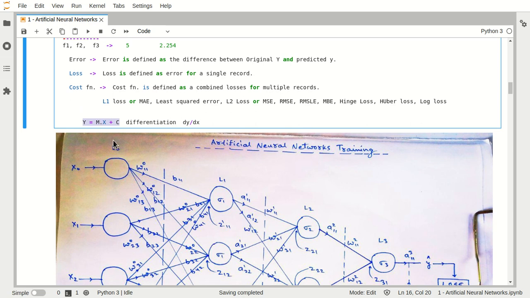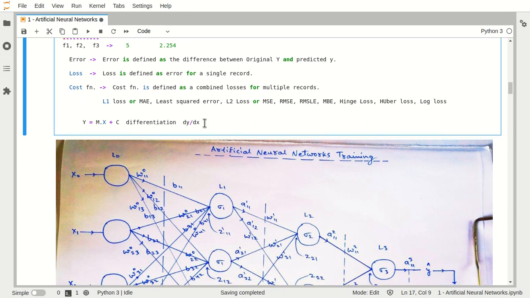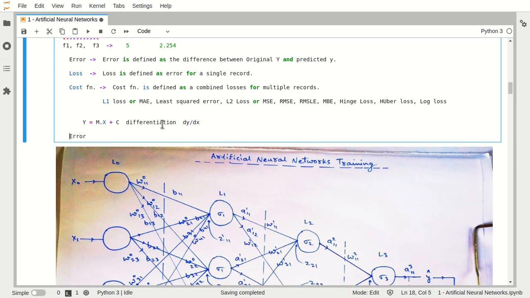So this m will be like your weights, right? If I go this way, your error will be equal to your weights times x plus your bias, right?